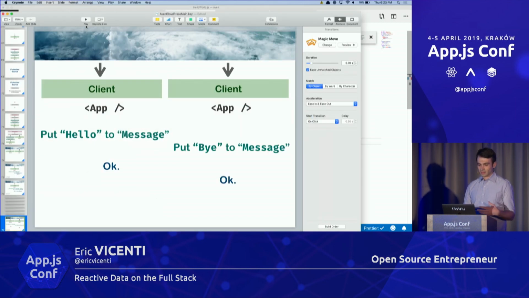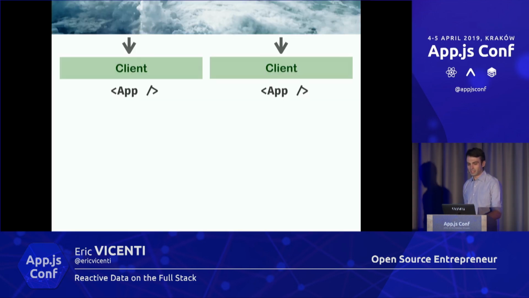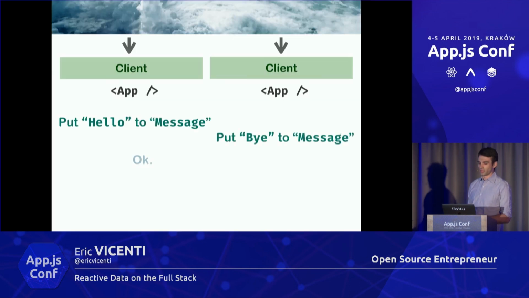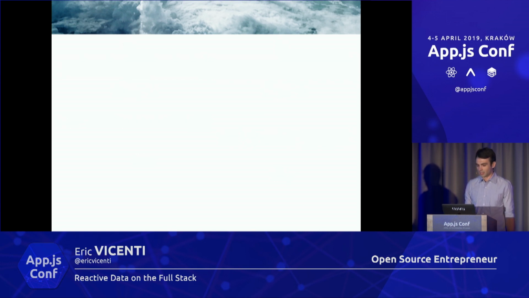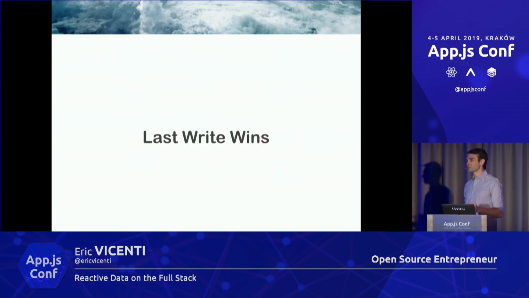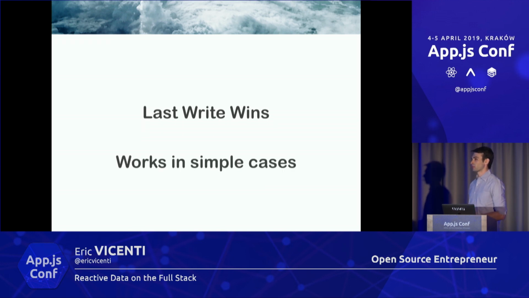Okay, now let's talk about writes. Writes get interesting when multiple clients are actually trying to write the same thing. So what if two clients are writing to this message, and they try to write it at the same time? Both writes will wind up succeeding. Now, in this simple app, that's actually not really a bug. Two people were trying to set the message, and the last person to set the message set the message. This is fine. So last write wins works fine for simple cases,